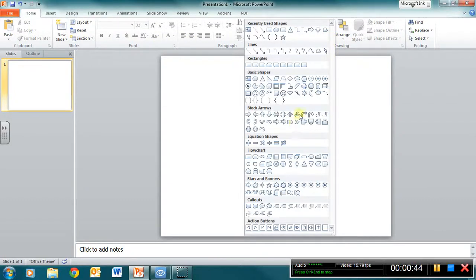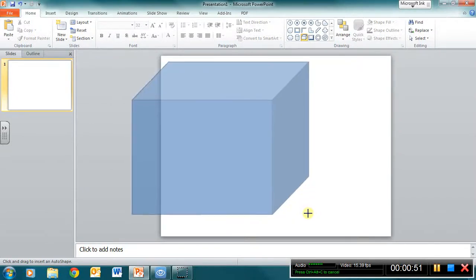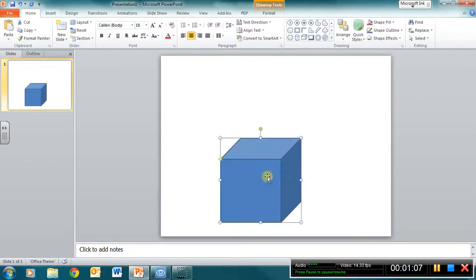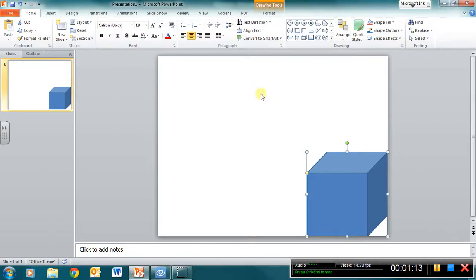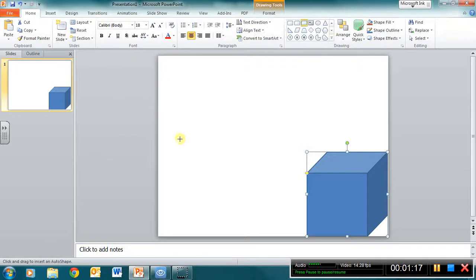So you do have quite a list of shapes here, quite a few you can use. I'm going to go ahead and add a cube, and if you hold shift, it will make that a perfect cube rather than rectangular cubes. So you can hold shift to make it a perfect cube. I'll go ahead and do that, insert it here, and let's see, what else can I add? We'll add this other shape here,